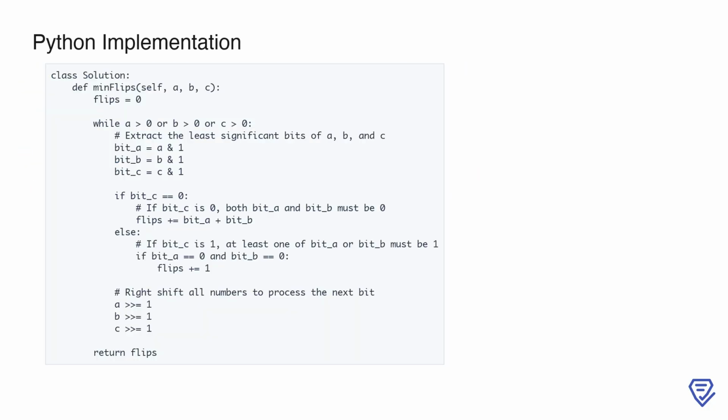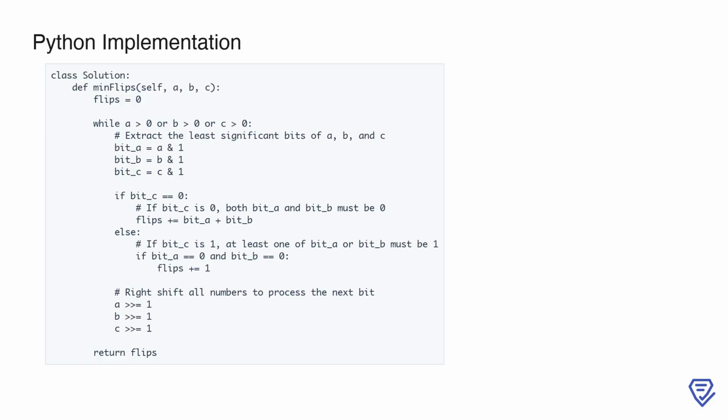This Python implementation solves LeetCode problem number 1318, minimum flips to make A or B equal to C. The goal is to determine the minimum number of bit flips required to make A or B equals C true for all bit positions of the integers A, B, and C. The function minFlips begins by initializing a counter flips to 0, which will track the number of bit flips needed. The algorithm processes the binary representations of A, B, and C bit by bit, starting with the least significant bit,